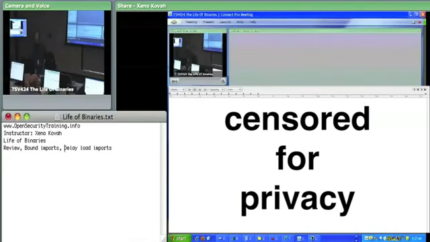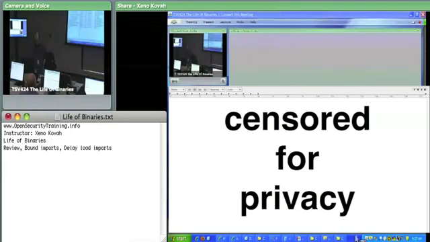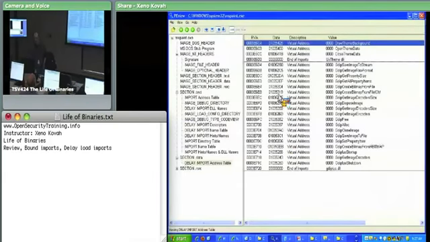So if you grab one of those addresses and put it into the disassembly window, you should see some stub code, like I said. So 103,